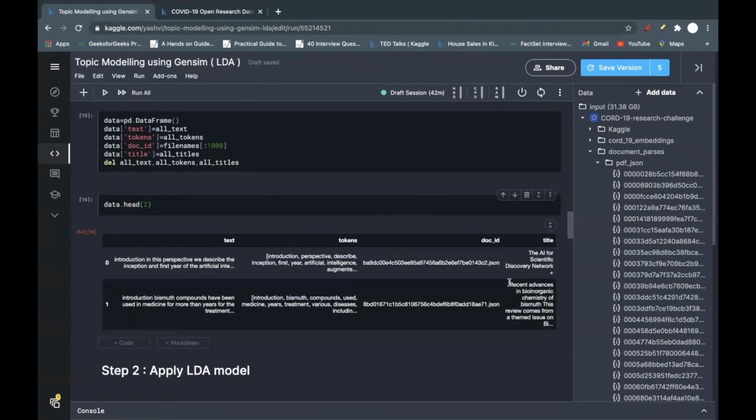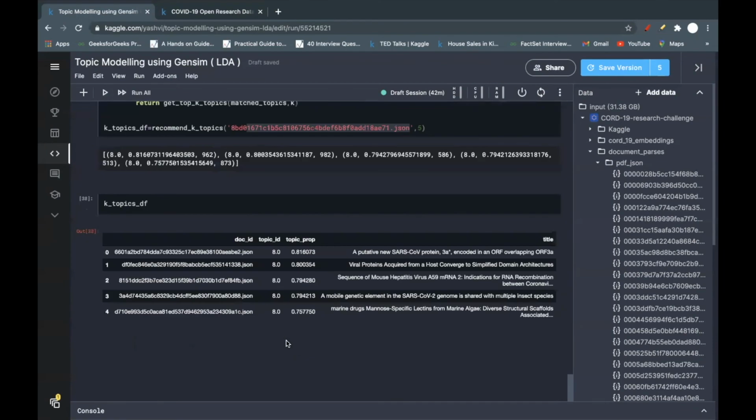If you see, this document is titled recent advances in bio and organic chemistry of bismuth. This review comes from a themed issue, starting with an introduction: bismuth compounds have been used in medicine for more than years.